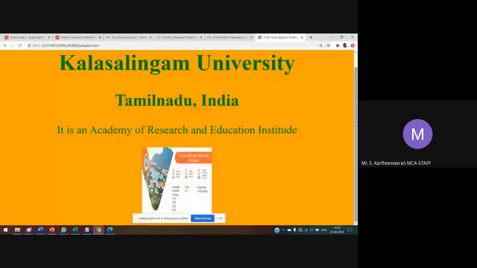Here we are designing our web pages. This is one kind of approach to put our image, whatever image. For example, I have to put here the Kalasalingam University image, because we are mentioning the header as Kalasalingam University.